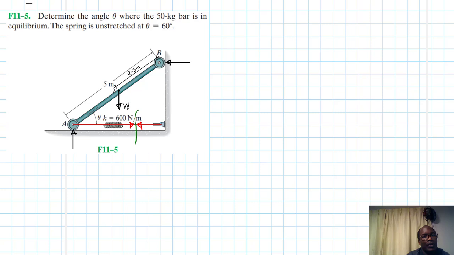Great. So we have everything so far. Let's label these particular forces. This we are going to call Bx. Then this one Ay. Then this one we'll call Fs. So we know that